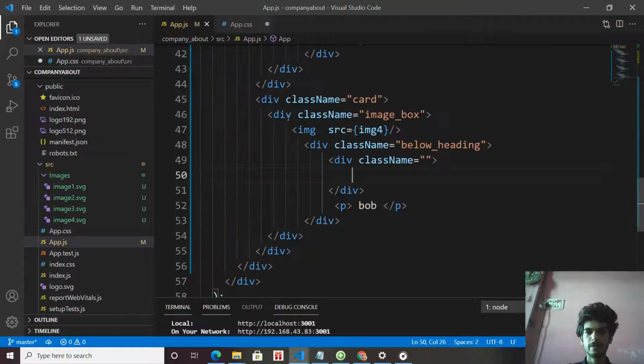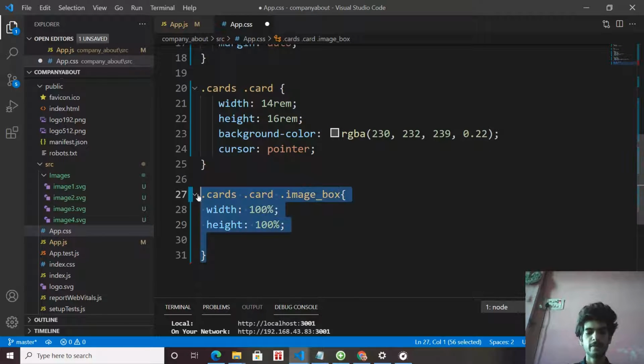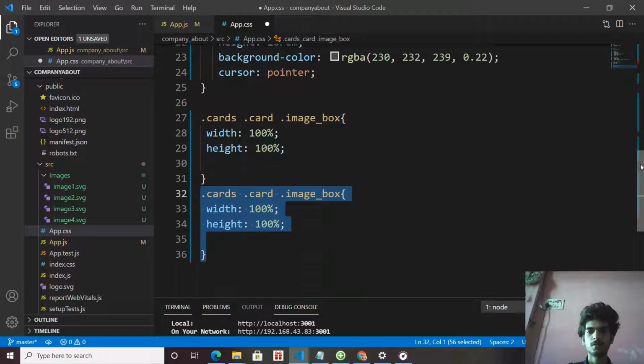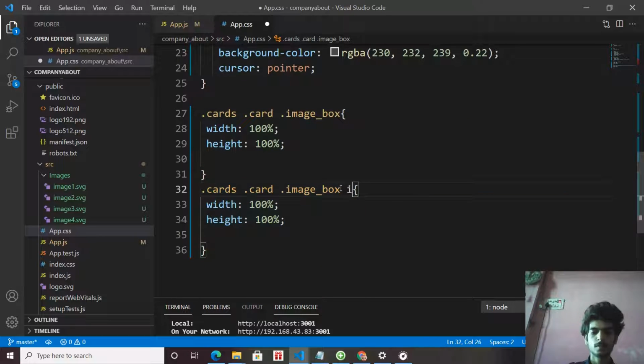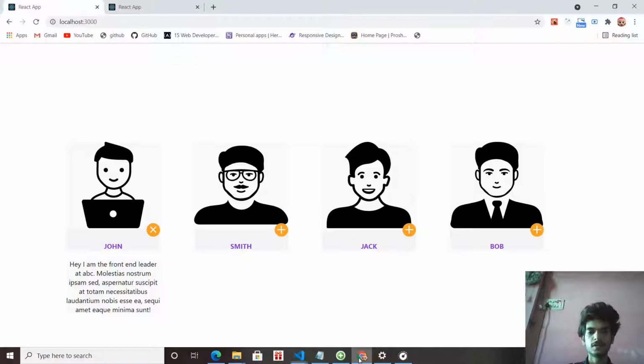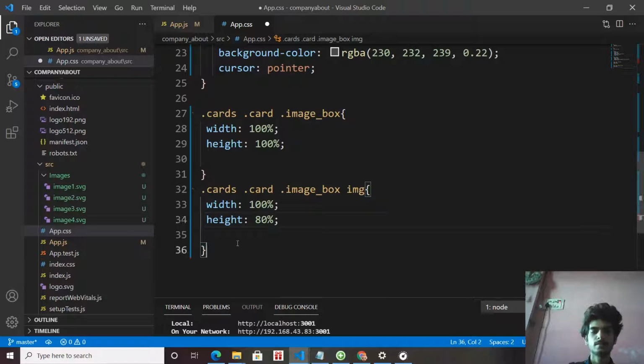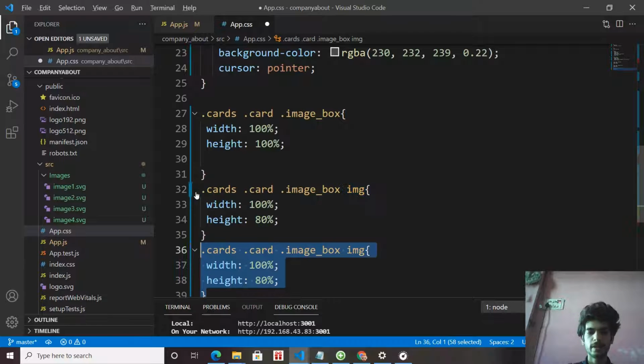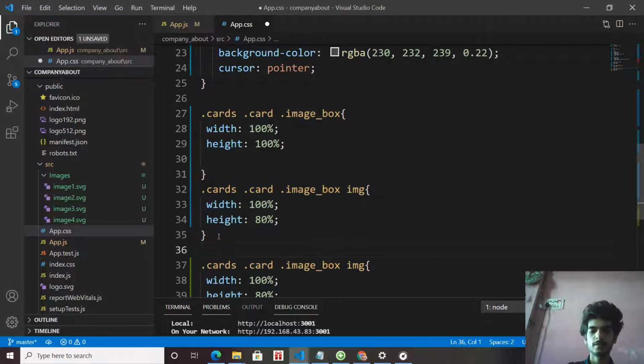See, our image box has the image and a below heading. Let's select the image in the image box. This image has a width of 100% but a height of 80%, because you can see this is the image and the image has the height of 80%. After 80% we have the below heading container, which has the height of 20%. So now select the below heading container.